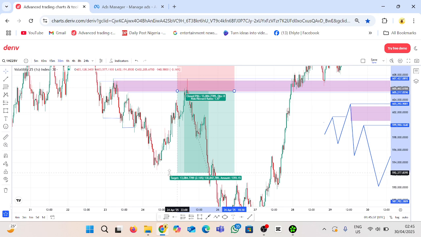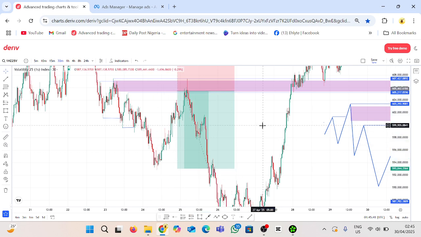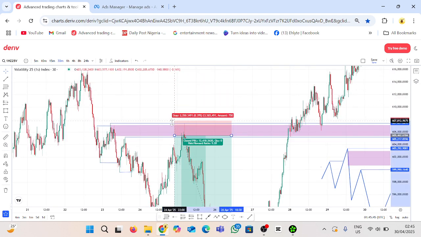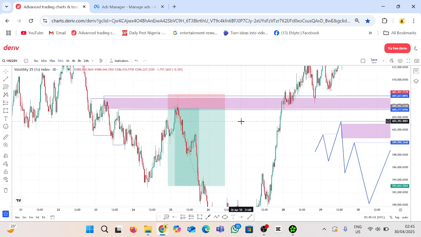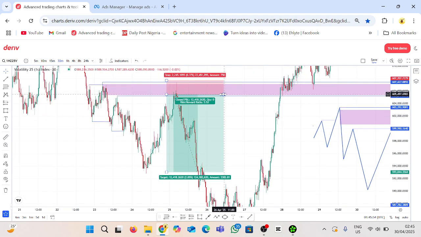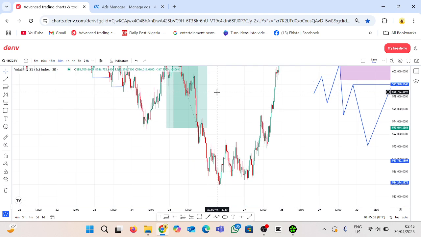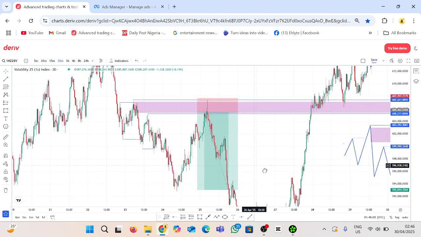And then it smashes TP, right? This is our target. What did price do? Price sold and smashed TP. So your stop loss will always be slightly above this protected high. You will see price come back and smash the TP. This is what happens every time in the market.